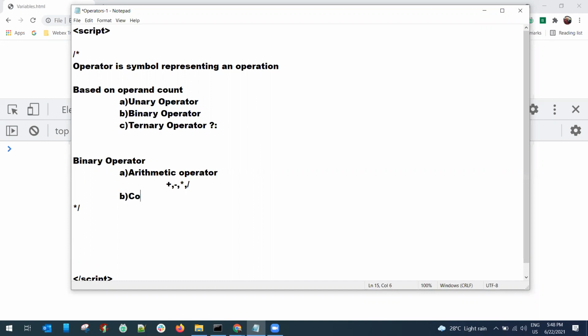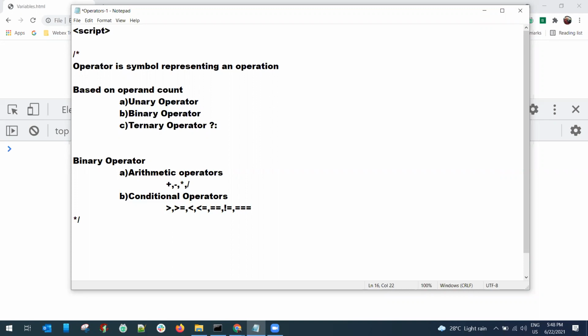We have arithmetic operators and conditional operators: greater than or equal to, lesser than or equal to, equals to, not equal to. This one is also equals to, but it checks with the data type.